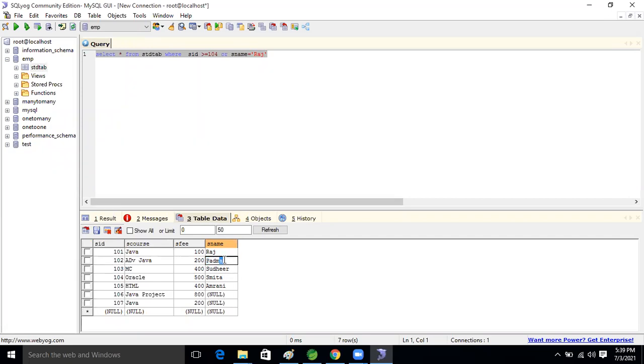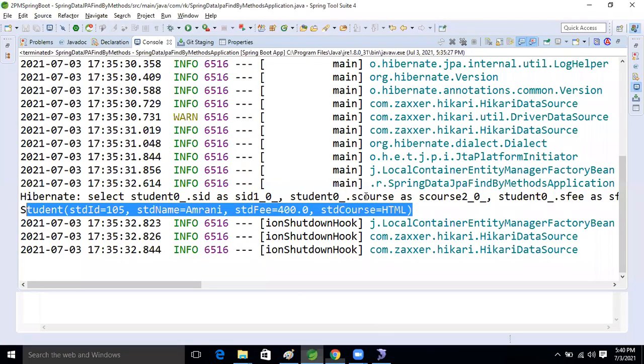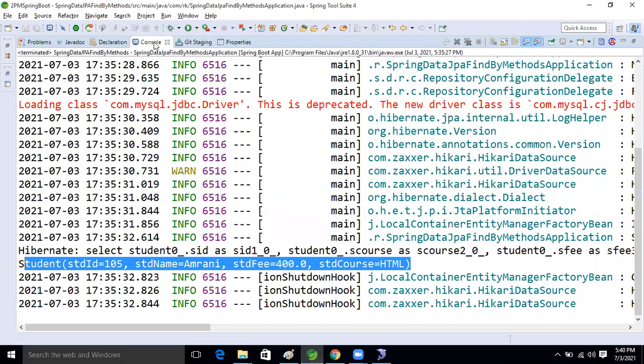If we take the LIKE operator and take ends with A, how many records will we get now, guys? Samita, because the last letter is A, and Padma also ends with A only. So we will get 2 records. For that we are taking ends with and starts with. So let's first take ends with. Okay, come here.